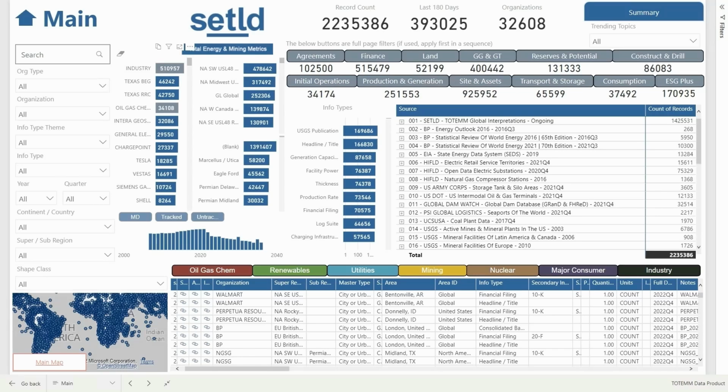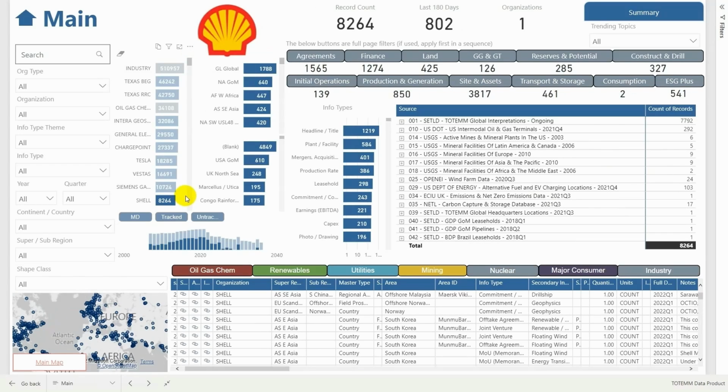The first user story we're going to be looking at is how many records do we have for Shell. Start by selecting Shell from the organization chart. Review various record count odometers, starting with the total record count, last 180 days count, and see the record count